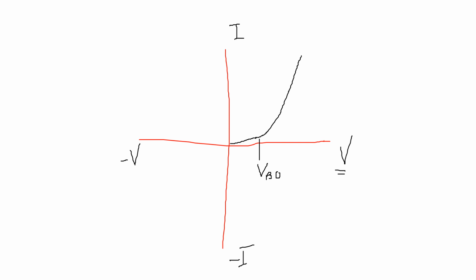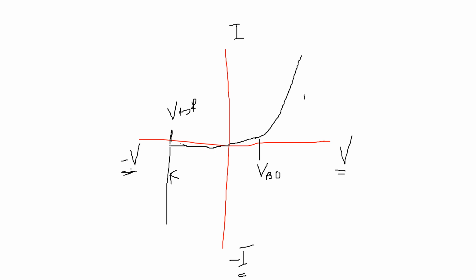In the second case we apply the negative voltage. Due to the negative voltage, the diode acts as an open circuit and it allows only the minority charge current, that is a very small amount of current or zero current. If we further increase this negative voltage, at a particular voltage breakdown occurs and this negative current suddenly increases. This voltage is called the reverse breakdown voltage, VBR. This is the high amount of reverse leakage current.